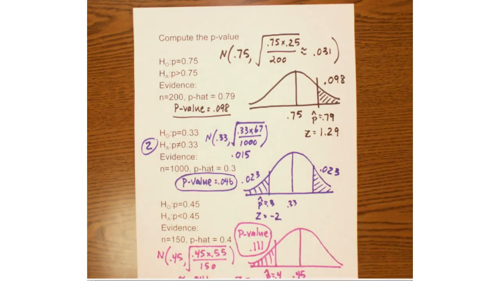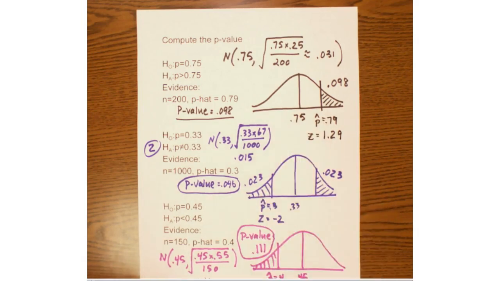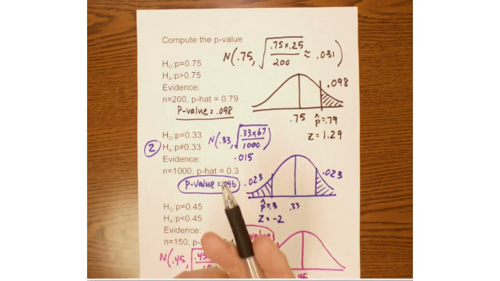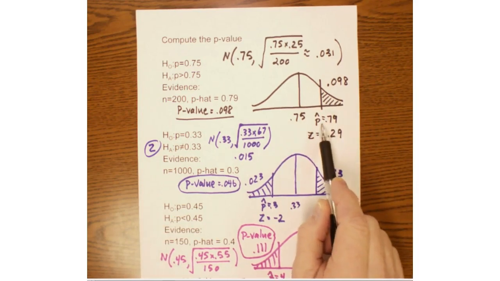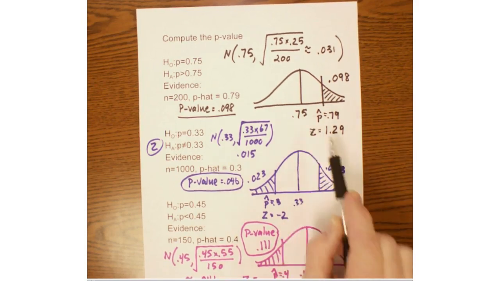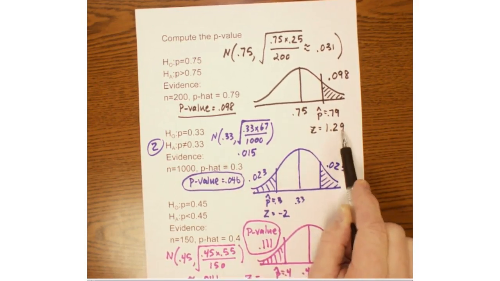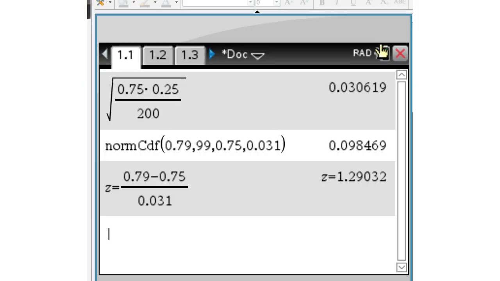So again, the first things you have to do: you have to identify your model correctly, draw a good picture. This is an upper tail. Show your p-hat in relation to your null hypothesis mean, and show your z-score calculation, and of course compute your p-value, make that clear. That p-value is pretty large, so we're probably going to end up failing to reject the null hypothesis. And then here are my calculations on my Inspire